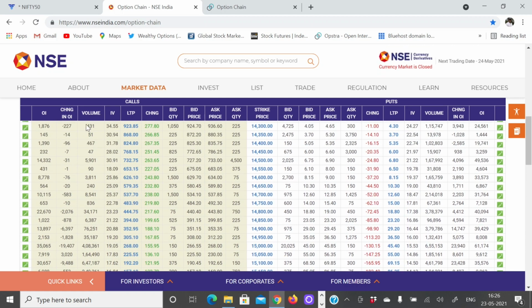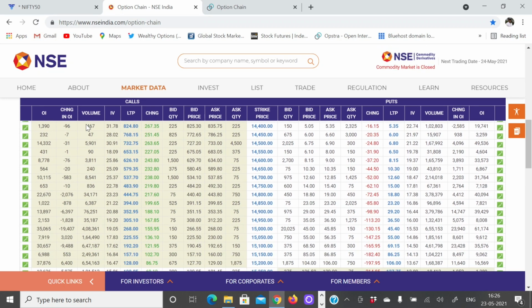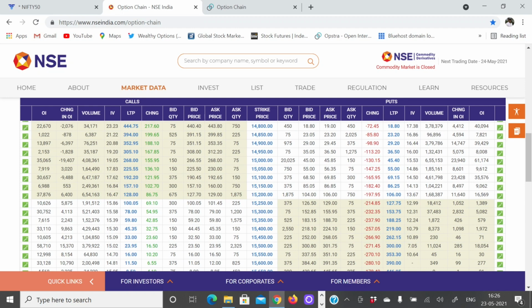Now the volume. Volume is nothing but how many contracts are being traded at this current point of time. As you can see, all the at the money or near the money contracts are trading with very high volume. When these options are trading with very high volume, the slippage will be less. When I say slippage, it is the difference between the bid and ask price. So when the slippage is less, they are very liquid. You can just get in and get out even with a market order instead of putting a limit order and waiting for the order to fill, right? So the volume gives information about how many contracts are being traded at this point of time.